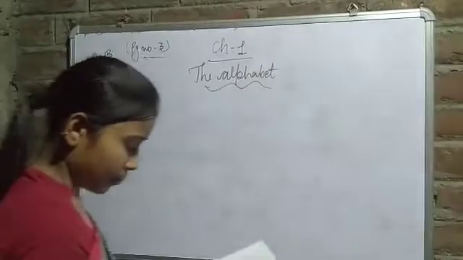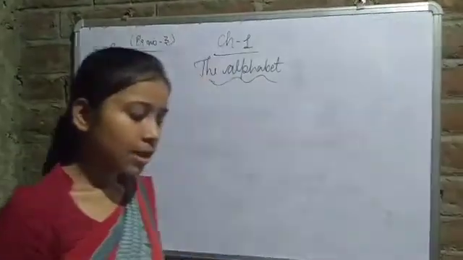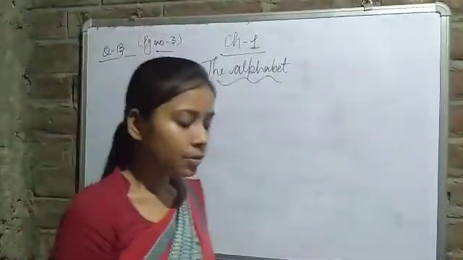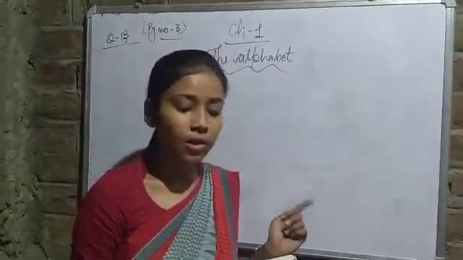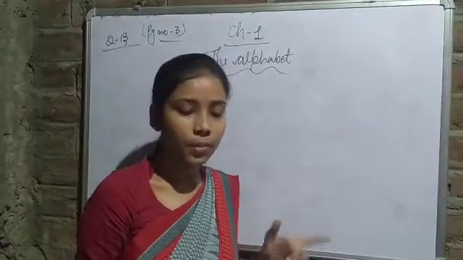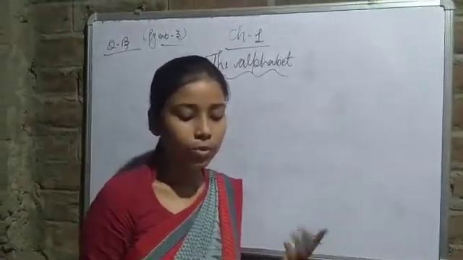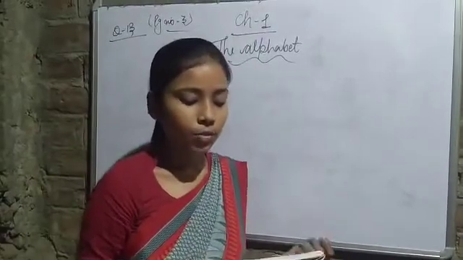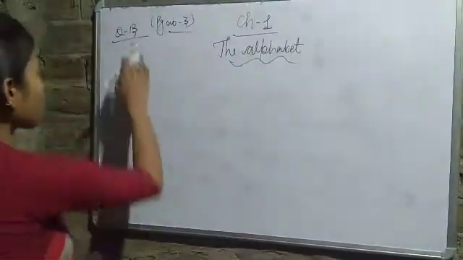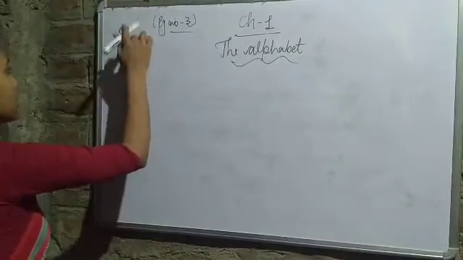Page number 3. So in B, we have some words in which to circle the vowels. And I have already solved numbers 1 and 2 in the previous video, and I told you to solve the rest of them on your own. Okay, so let's move on to C. इतना तो आप लोग कर लोगे आराम से, इसलिए C number.